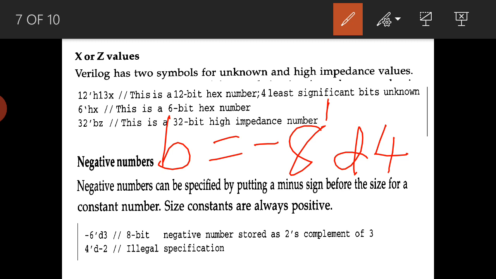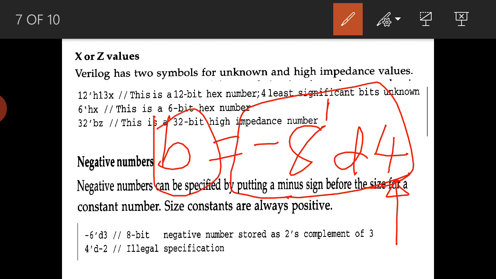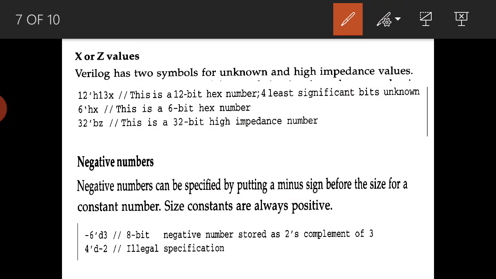Or we can use h also. In this case, the 2's complement of 4 will be assigned to b here.